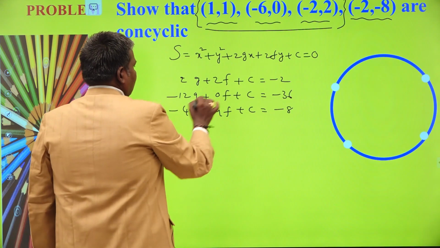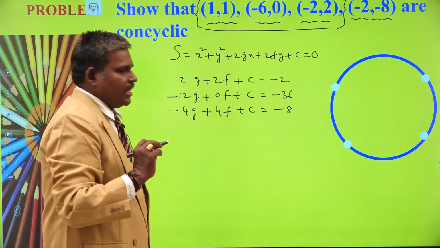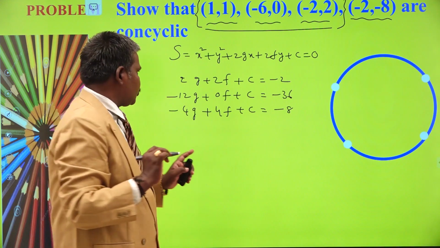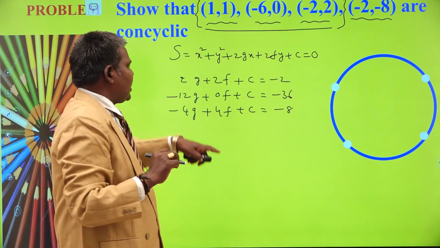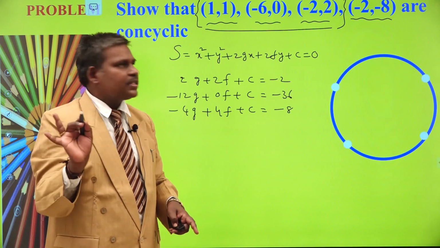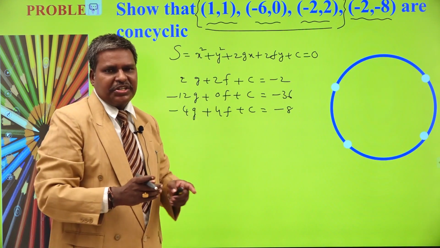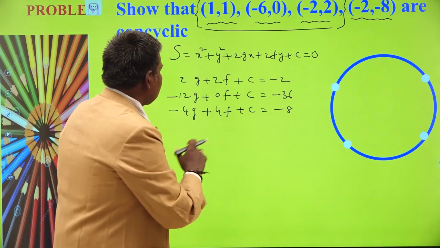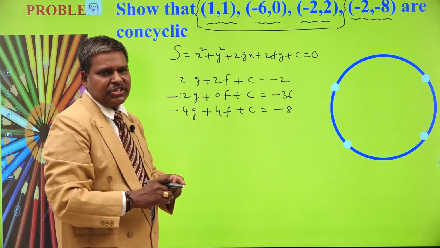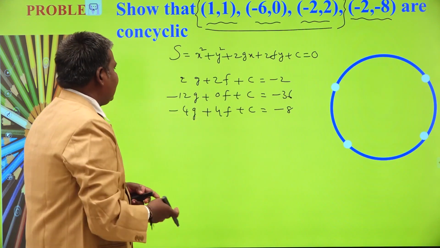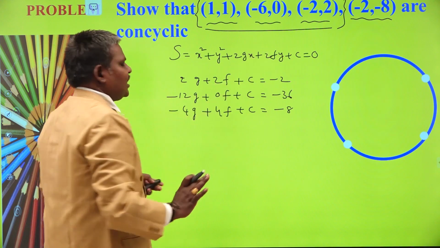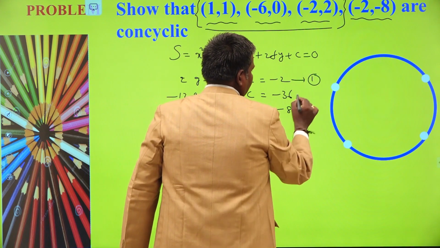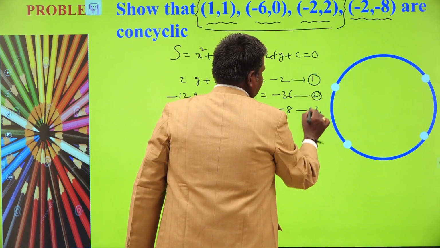Okay. Now these are the 3 equations in f, g, c. We have to eliminate c first of all. Remember, students, don't go to eliminate g or f or like that. You have to eliminate c first of all. Then you get 2 equations in g, f. Solve them, you get g, f values. Substitute g, f values in any equation, we obtain c value, and then substitute f, g, c here itself, we get the required equation. Now, this is equation number 1, say, this is 2, this is 3.